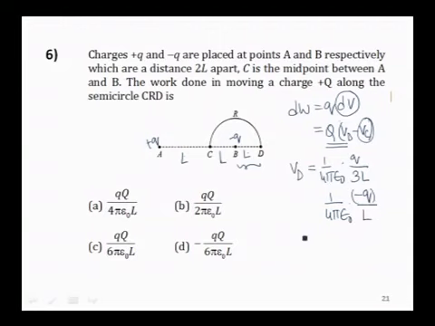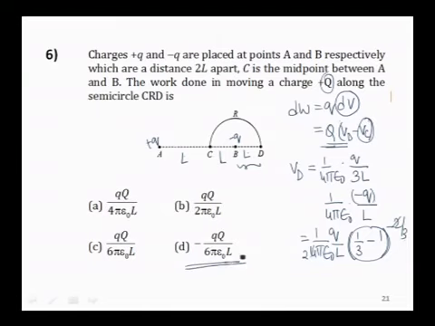So, if you take 1 over 4 pi epsilon naught q by L as a common factor, you will be left with 1 by 3 minus 1. So, 1 by 3 minus 1 is 1 minus 3, that is minus 2 by 3. So, this part becomes minus 2 by 3, and this will cancel with a 2 here. So, 3 into 2, you are left with a 6 here, and this has to be multiplied with the charge q to get the work done, and therefore, your final answer is